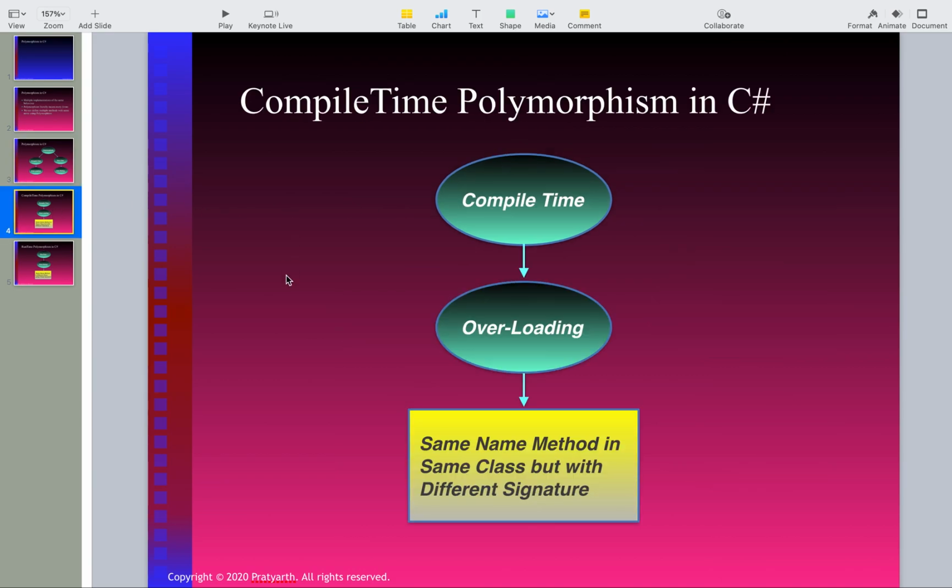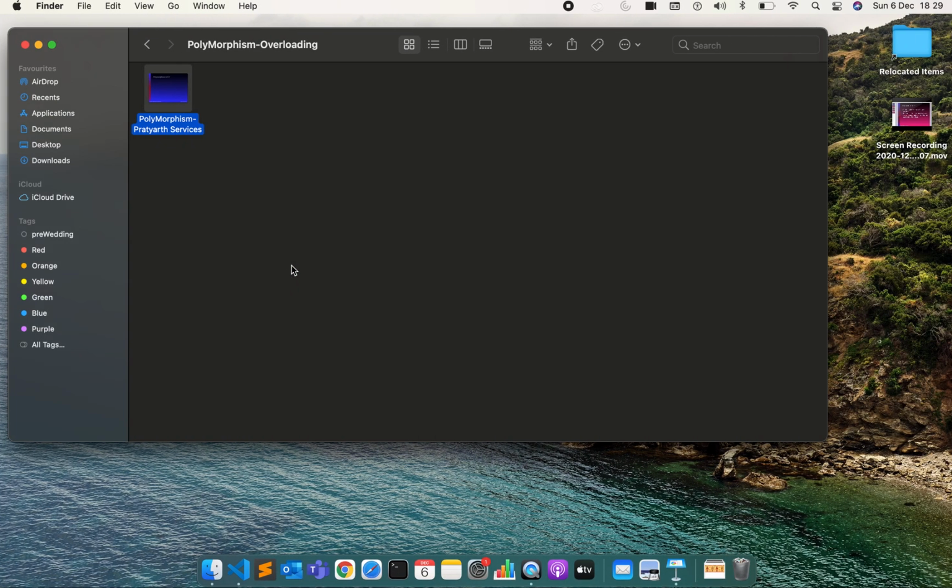in this video we will learn about what is method overloading, or you can say compile time polymorphism. It means methods with the same name in the same class but with a different signature. We can write multiple methods within a class by changing its signature, meaning changing its arguments or its output, like the return type. We can define different methods with the same name in the same class. Okay, let's move to the code, then you will easily understand.